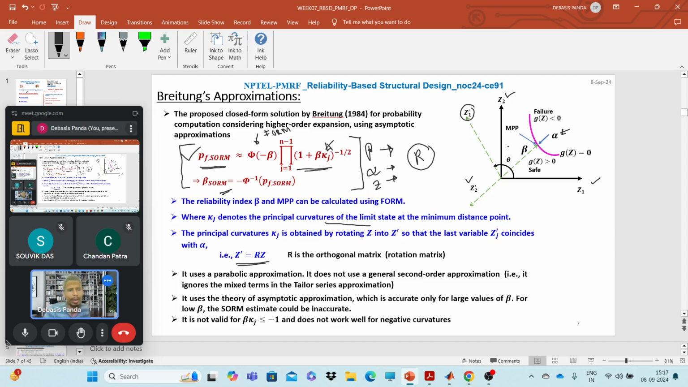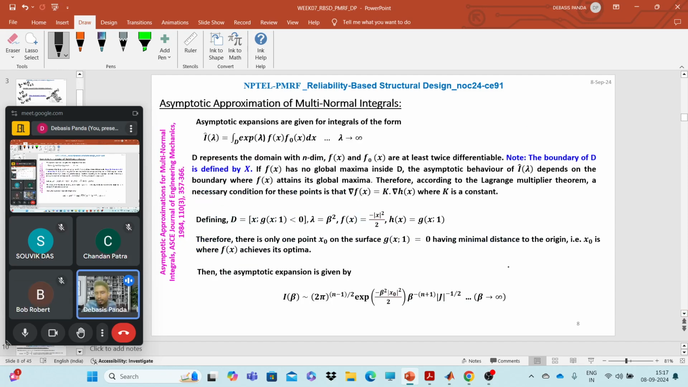Now once we did this transformation, we will get the values of kappa. Now, how can we get the kappa value? We will see in a minute in the algorithm. So here we have developed this closed form solution using the concept of asymptotic approximation. Now for the asymptotic approximation, I will not go into the derivation and all these things of